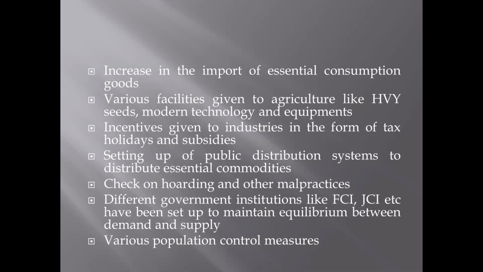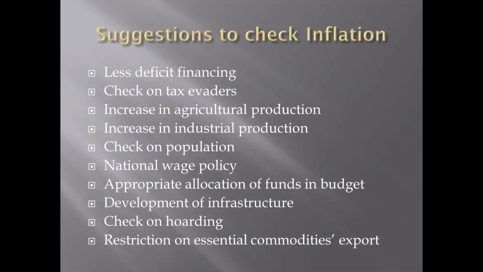Different government institutions like Food Corporation of India, Jute Corporation of India have been set up. They will maintain a balance between the demand and supply, and hence maintain price stability. And different population control measures have also been taken, like awareness about the population and benefits of a small family have been imparted to the people. Then what are the suggestions to check the inflation? Less deficit financing should be there. There should be a check on the tax evaders, increase in agriculture and industrial production, check on the population, national wage